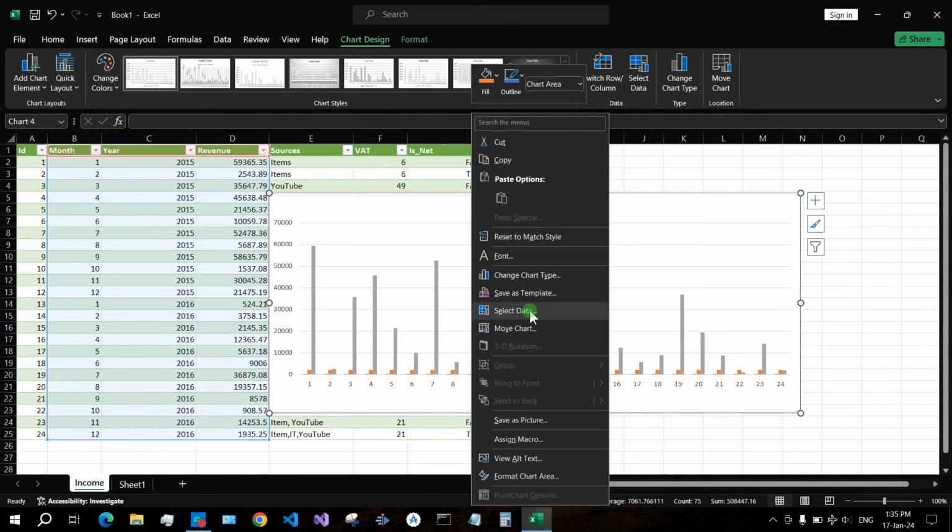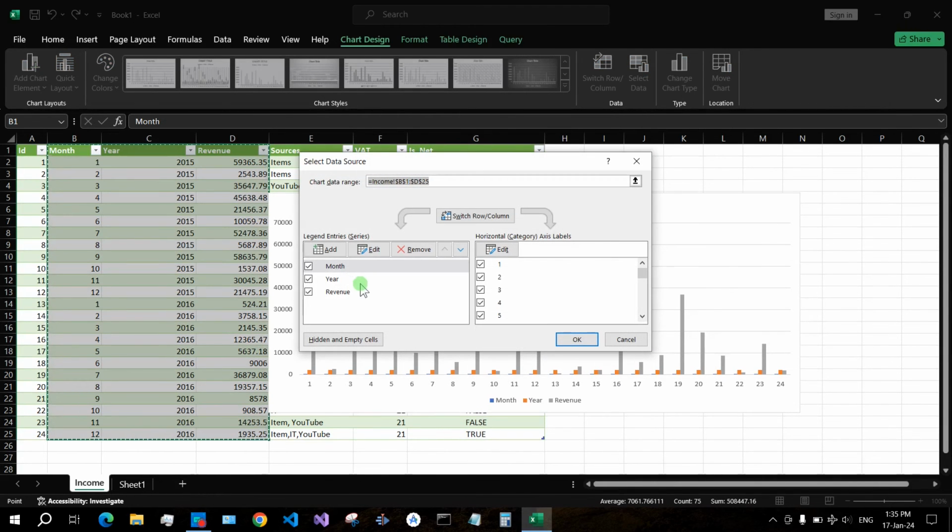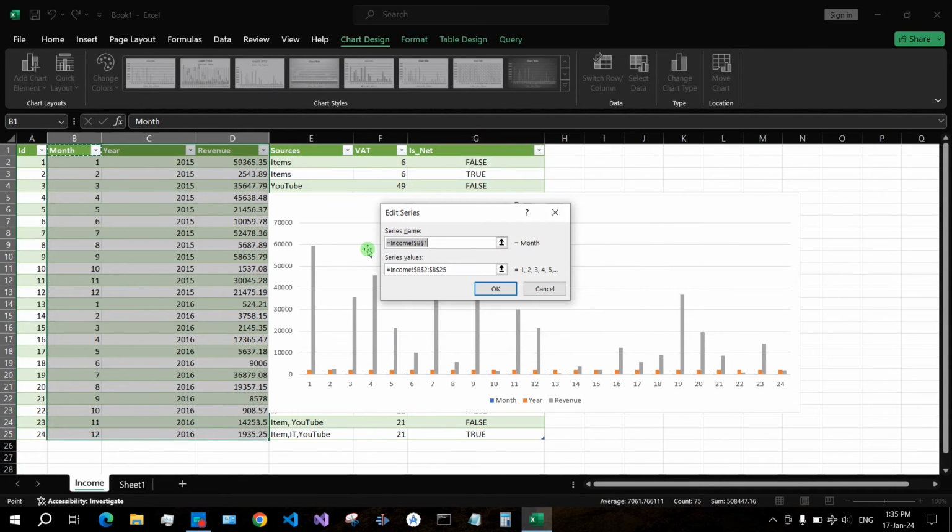And then you can select data, month, year, revenue. So let us see, rename it to month, and this is from B2 to B25, so from here to here. Okay,